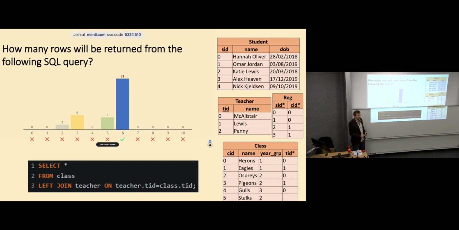How about right join? If I change that to right. 5? Just double check. 6 as well, but without the information in the class, from the class table that's not matching. Yeah, so it'll be 6, but the class information will be null. That's good, yeah. So if we change this to a right join,